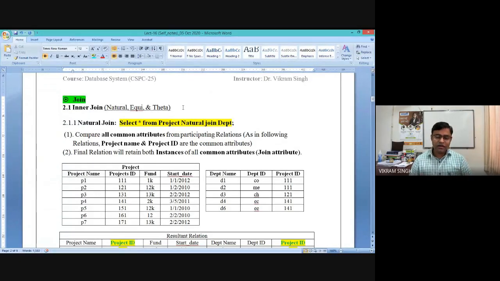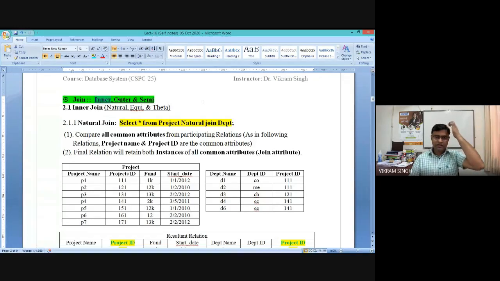So broadly in database theory, there are actually three types of joins. Let me type here. First is called inner, then we have outer, and last is semi join, right? So there are three different types of joins: inner join, outer join, and semi join. Our focus is to understand all of these naturally, but what is important for SQL execution is only inner and outer, right?